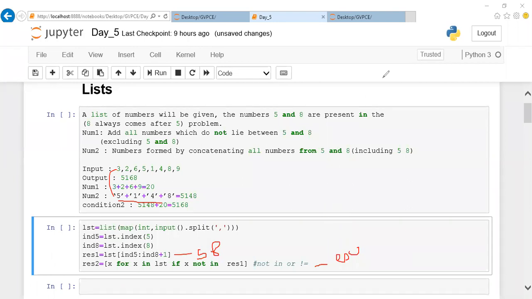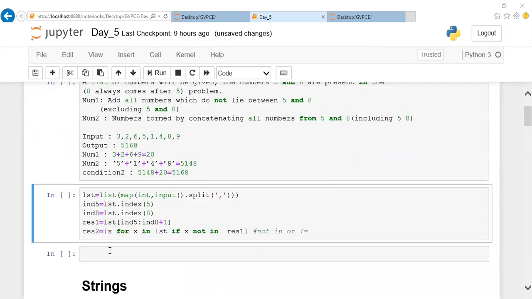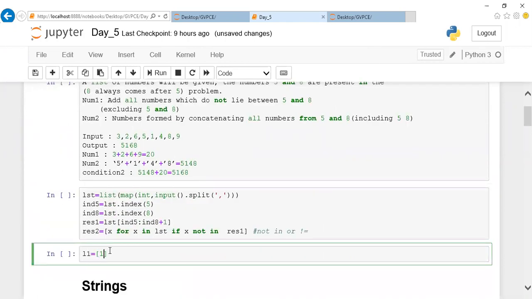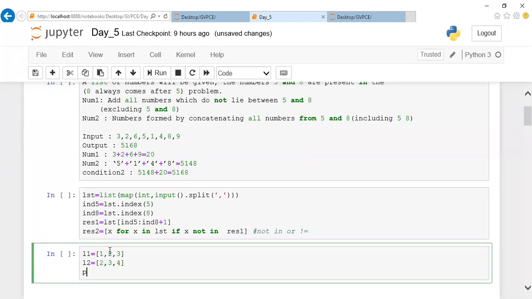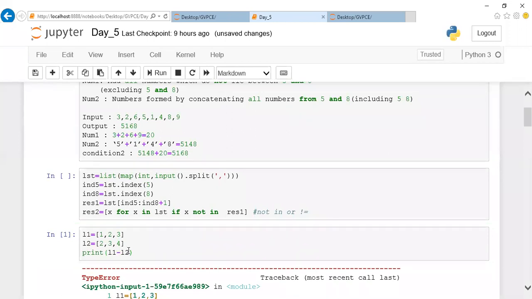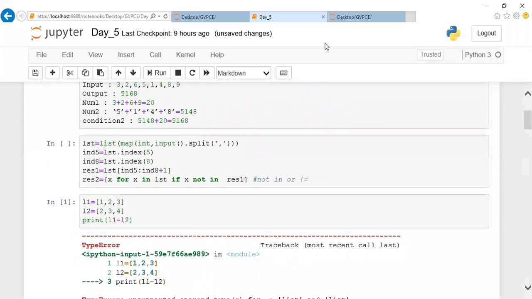Subtraction of list. You want to do it like this, isn't it? Are you people trying like this? List 1 minus list 2. Try it. What happens? It will throw you an error. This subtraction is possible only in the case of set difference. Here, in the case of list, we are dealing with a list, which is not possible.